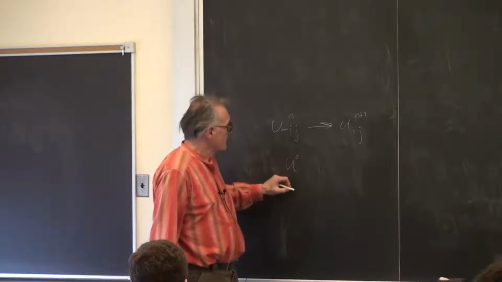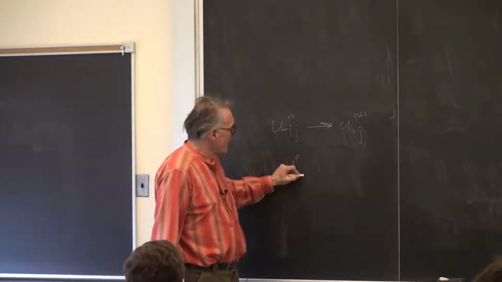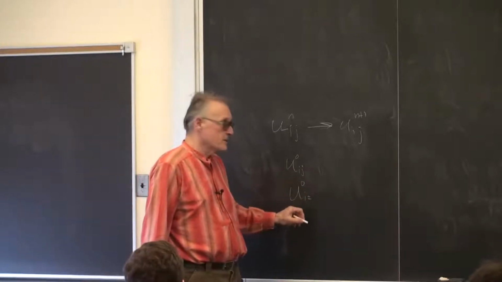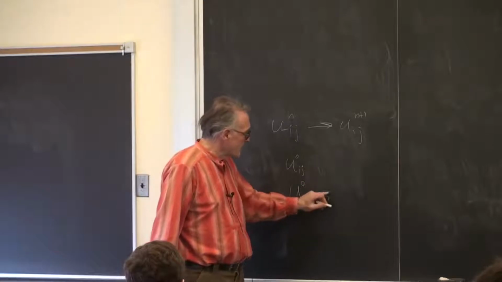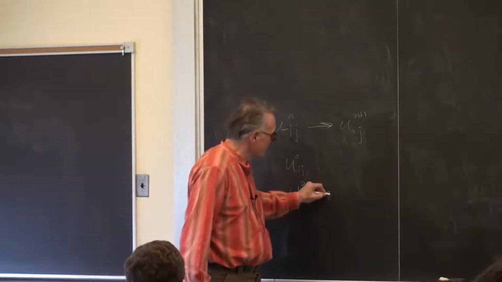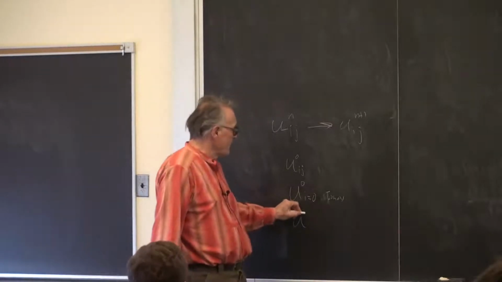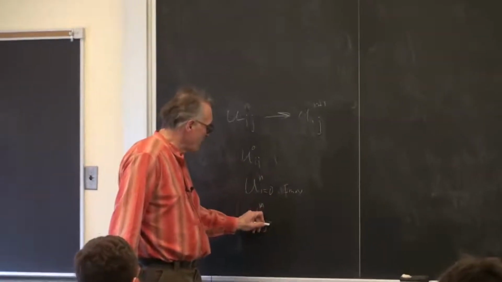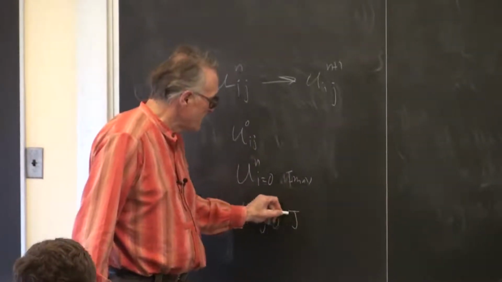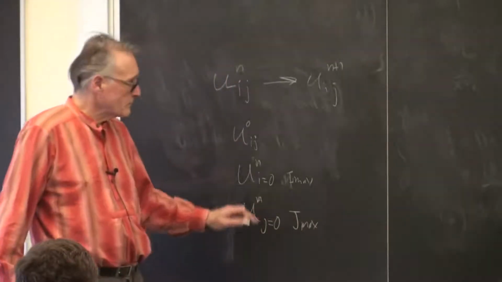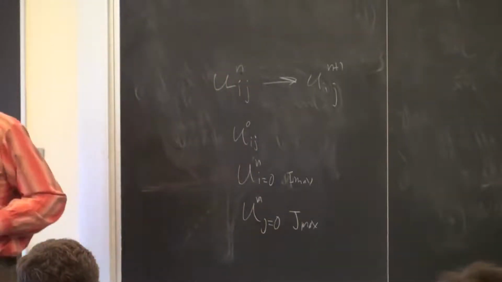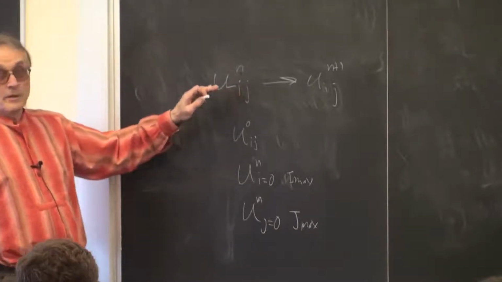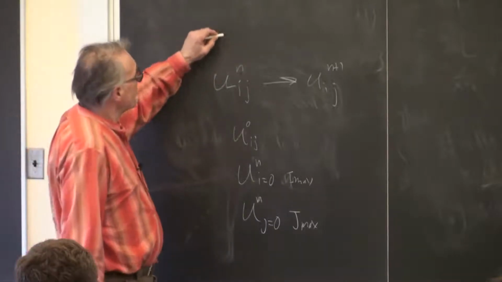So you know u at time 0 at all i, j, and you know u on the boundary, i equals 0 or i max, and you know the distribution at all times n on j equals 0 and j max. So there's a set of boundary conditions that you know, and there's enough information in the state, u(n-1)(i,j) and u(n),